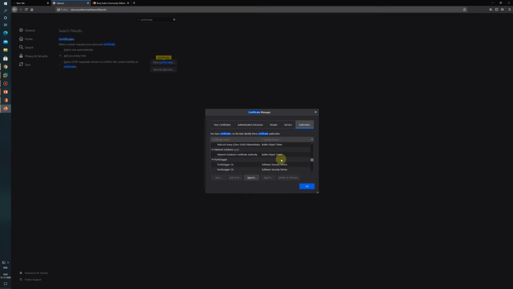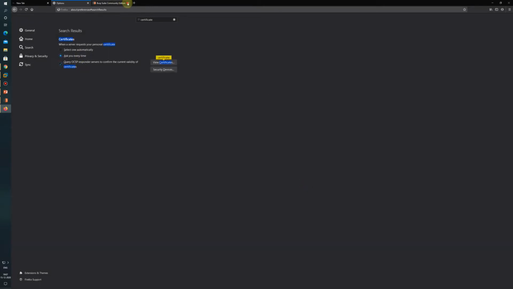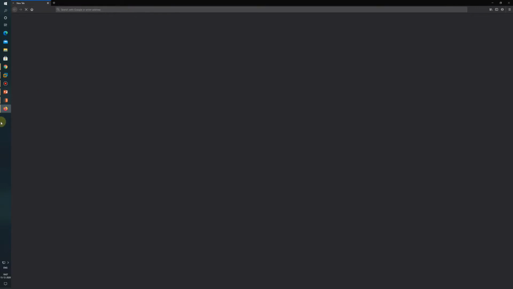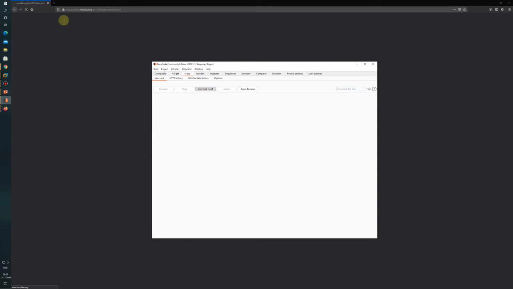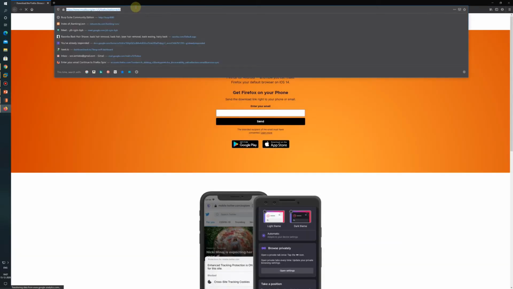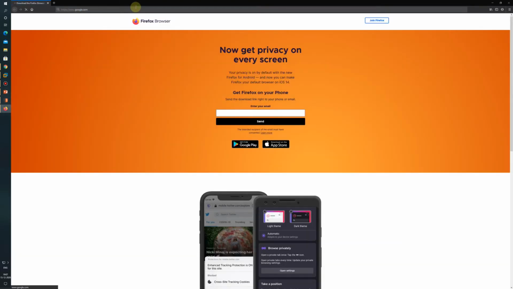The certificate is already imported in my browser. Let me just show you. So this is the certificate, PortSwigger CA. I have already installed it. Now you can see that my proxy is configured with the Burp Suite, because in the proxy tab, if I turn off the intercept and try opening google.com,